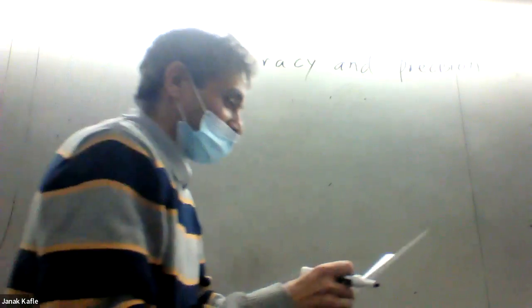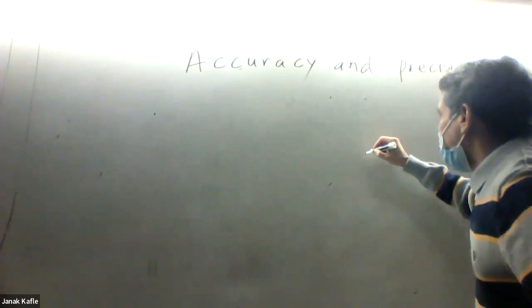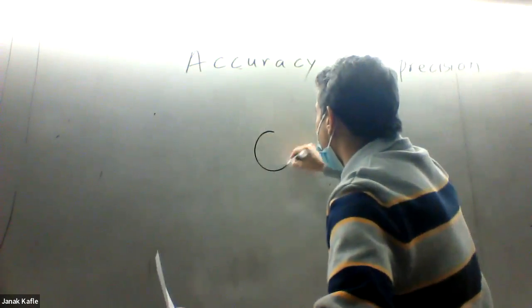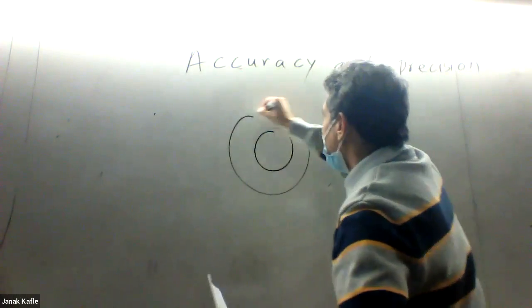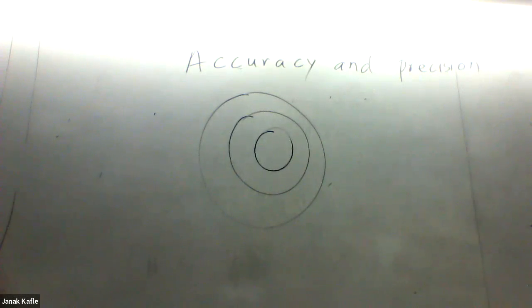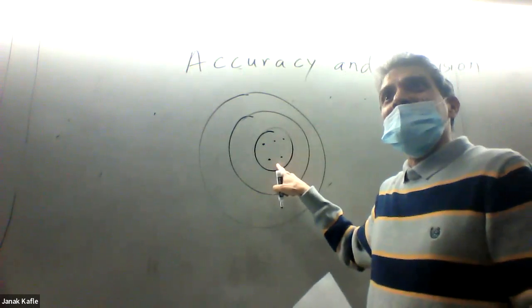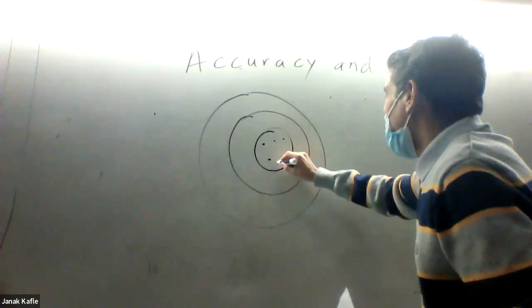There is a diagram here, and sometimes this book presents accuracy and precision in diagram form. Let's say you go to some game, and they hit the arrows here. Here is the bullseye, right? So if you play hitting the arrow at the bullseye, you need to hit here, right? If you hit here all the time, you are accurate,